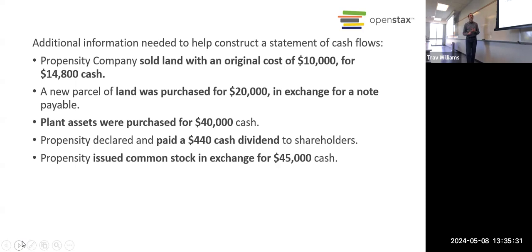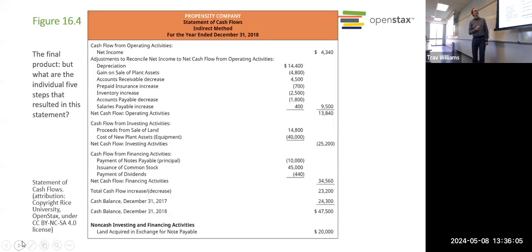Financing? Yes, financing, that's right. When we sell stock, the money that we get is income in cash, and that would be under the financing section. But when we pay dividends to those investors, that also is in the financing section. It's outgoing cash, but it's still related to financing. So here, when we issue stock, that would be $45,000 coming in the financing section, and that dividend would be $440 going out.